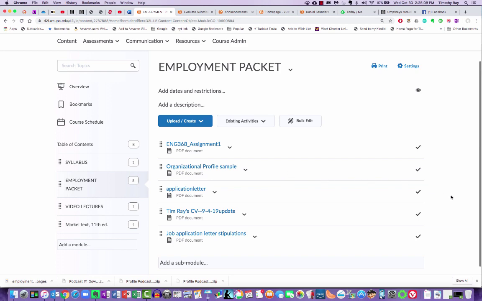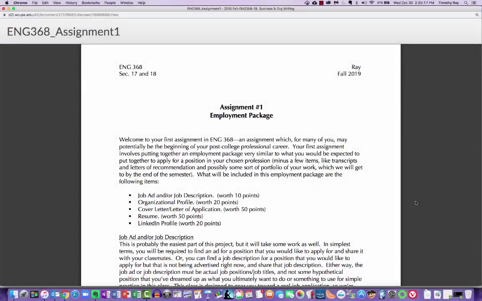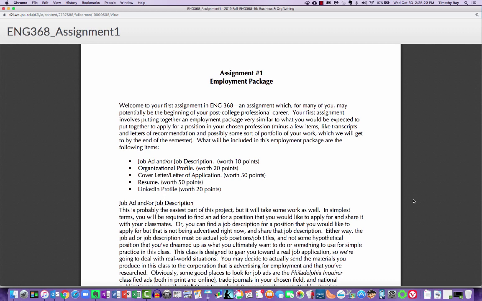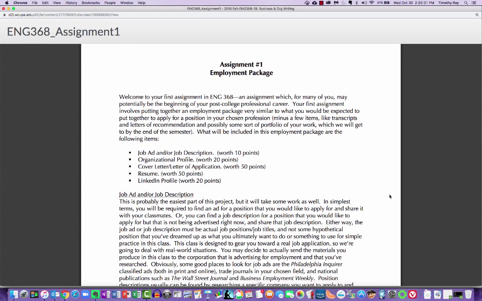So let me talk about the assignment sheet. Okay, so when you open up the assignment sheet in D2L, and I've popped it out into another window here, mostly you can read this over for yourself. I think it's pretty self-explanatory, but we're going to start with a job ad or job description. Try to find one of those that you can use to apply for. You're also going to put together this organizational profile, a cover letter, letter of application, the resume,